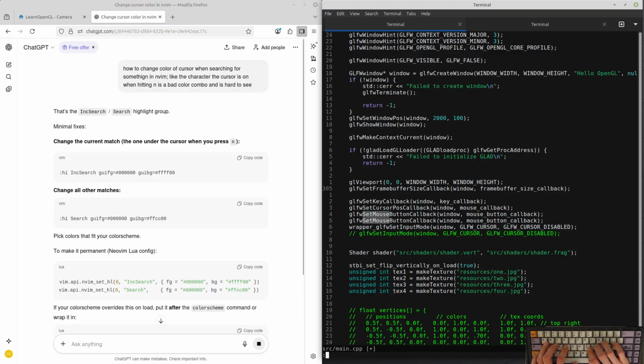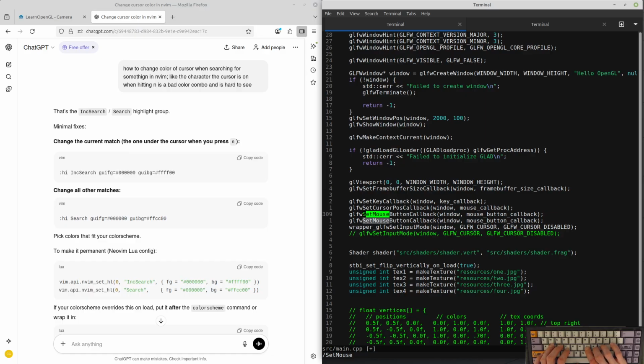Let's see if a short switch. GUI foreground. Go green. Actually, go black. Guessing this won't persist outside of this, right? Oh, so that's a little bit better. The current match, the one under your cursor. Yeah, that makes sense.